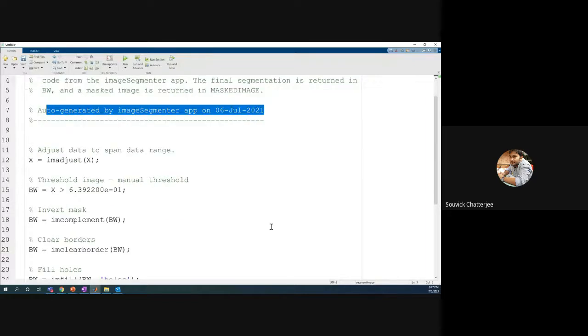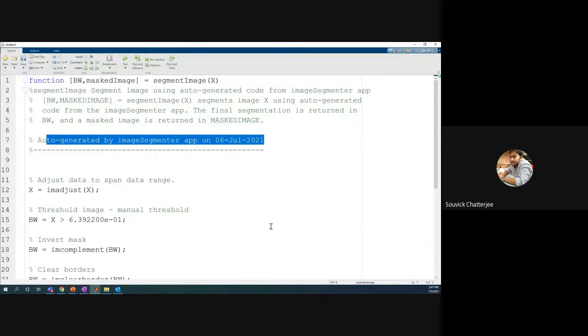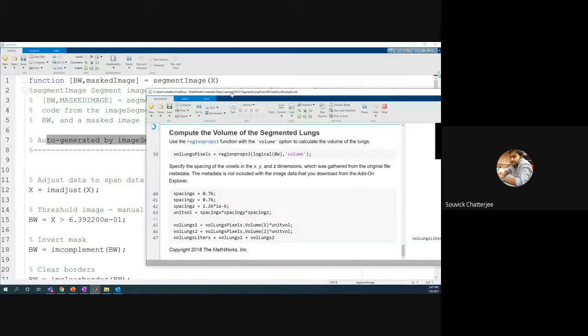So basically now what we did is we took an image and did the segmentation pretty much in real time using the Segmenter app. And you can use a batch processor to do this on all images. That's basically what it is, right? Pretty straightforward, nothing very difficult. And then you can do another sort of things.